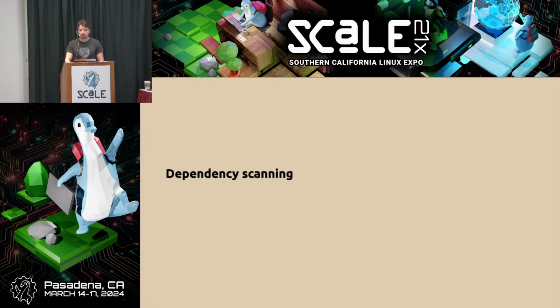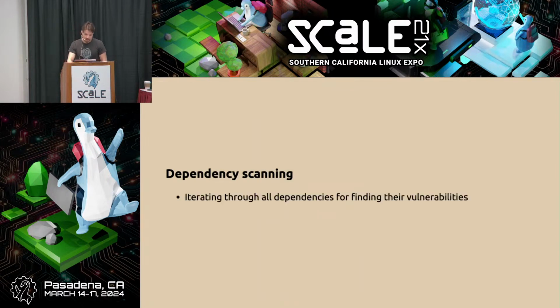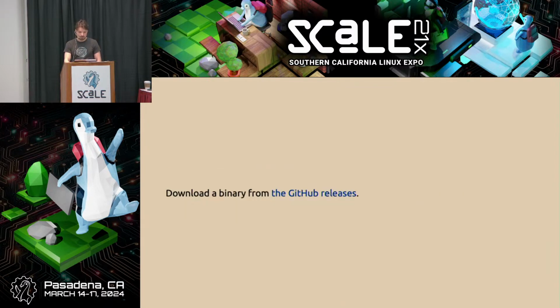But it's nice that we have open source tools to deal with this, namely tools for dependency scanning. We basically iterate through all dependencies in our code base, and we try to find vulnerabilities in them. For example, CVEs which are published for Flask that we are using for creating our web servers. It's using a dependency declaration list, for example, a pyproject.toml or package.json in the case of the NPM ecosystem. And for this demo section, we will look at OSV Scanner. It's a tool created by Google, and yeah, as previously, the setup